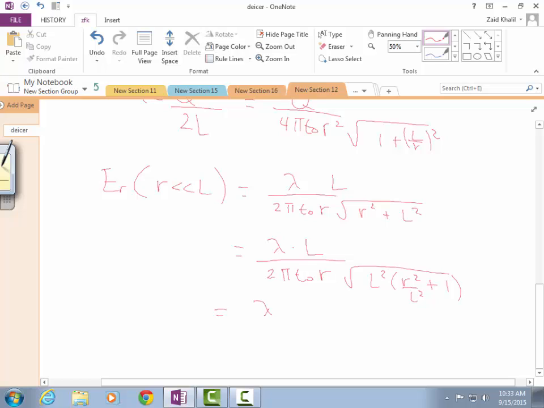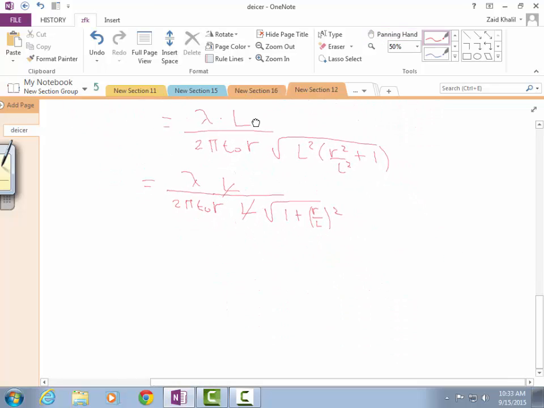And so this is equal to lambda over 2 pi epsilon 0 r, and then L, the square root of L squared becomes the L, and then you have the square root of 1 plus r over L squared. And what happens? The L's cancel out. And then what happens in the limit? This goes to 0, that goes to 1. So this becomes approximately